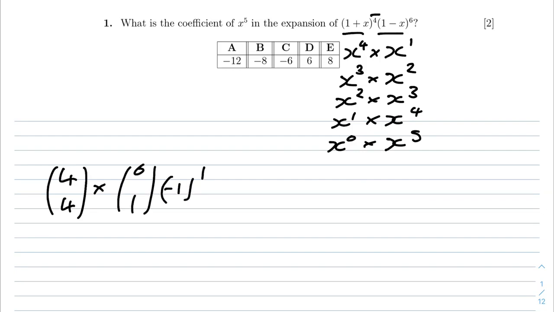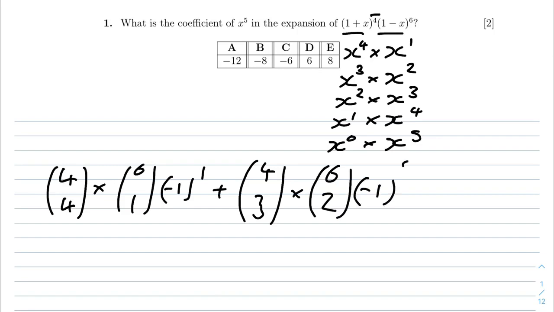is just this. And then similarly, we want to look for the x cubed coefficient on the left, which is just this term, times the x squared coefficient on the right, which is just this term. And now, if we fill in all the others, which is quite straightforward to do,